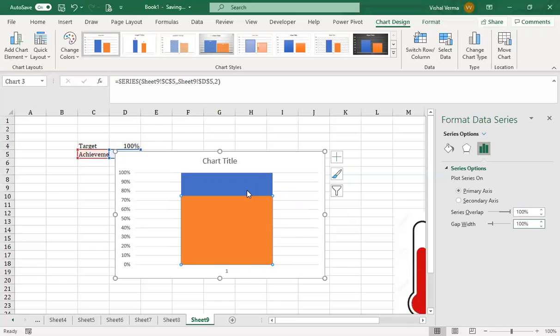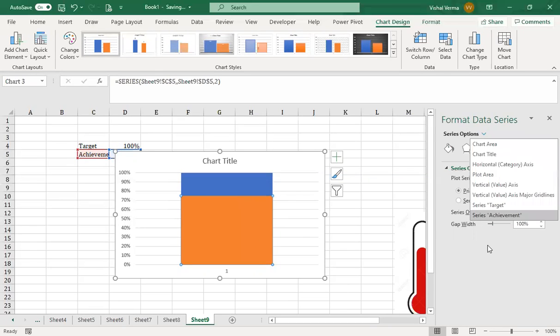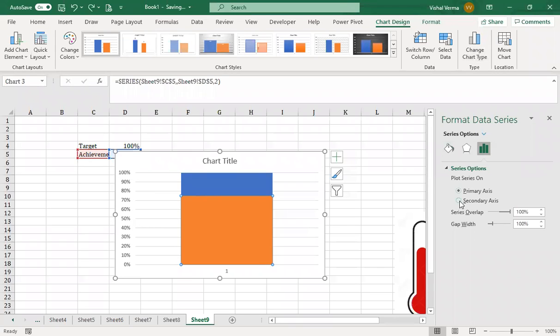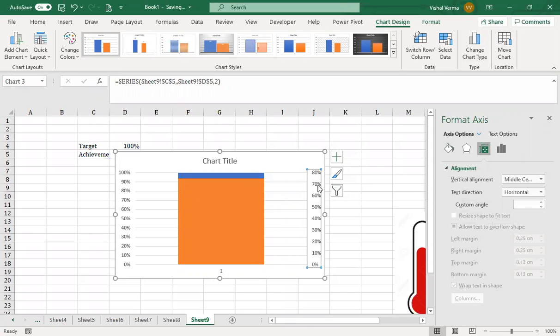The first one will be the primary axis, and the other one will become a secondary axis. Once we make it a secondary axis, again the scale issue will come.